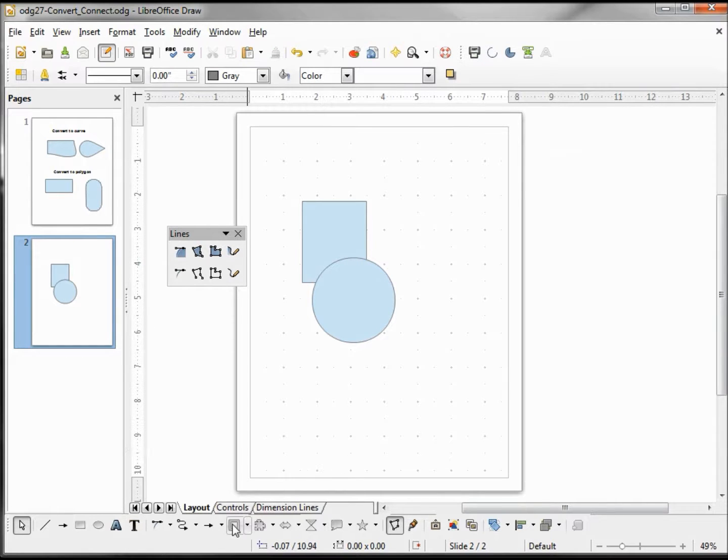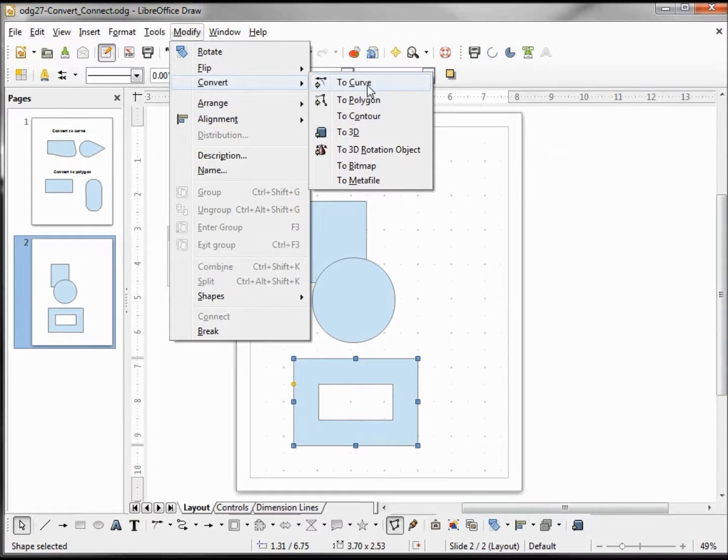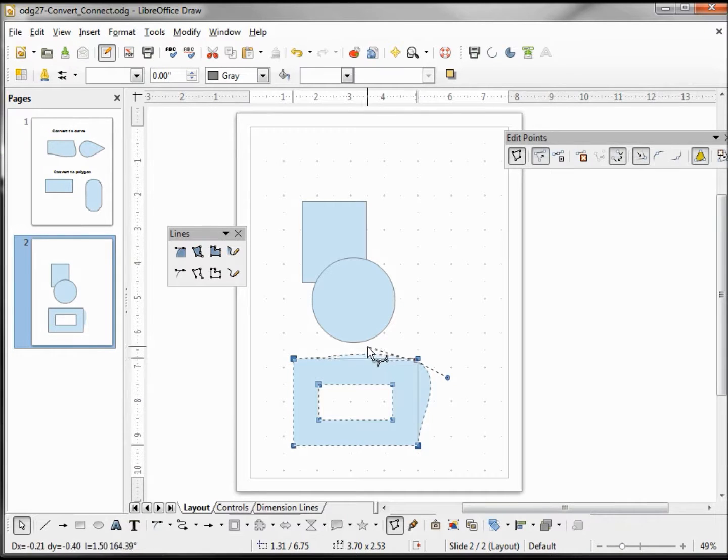So now let's try this on something with a special handle, like this frame. I'll go up, Modify, Convert to Curve. And now we'll ungroup it. And it looks kind of like it worked. But our points with the shading are not the same points without the shading. So it kind of works, but not exactly how we'd expect.